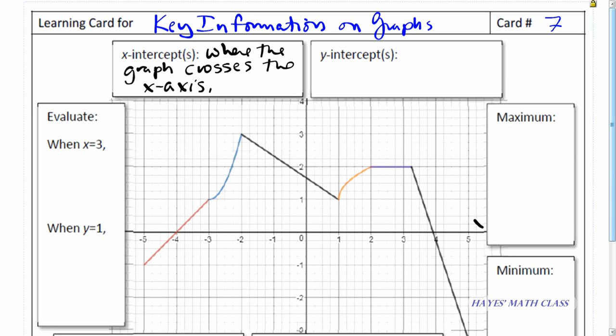So here's my x-axis. Labels got covered up. I thought having these little cards on the learning cards was cute. Apparently not as much as I had hoped. Anyway,